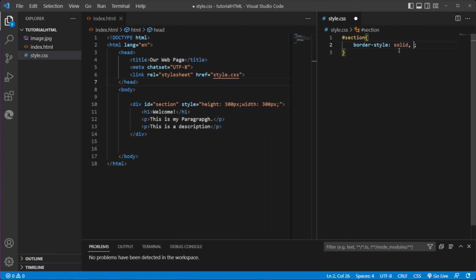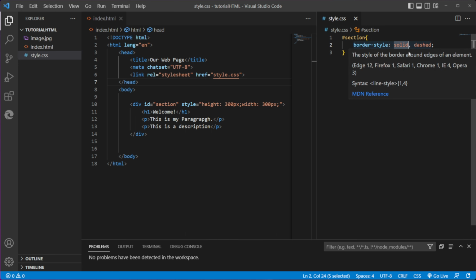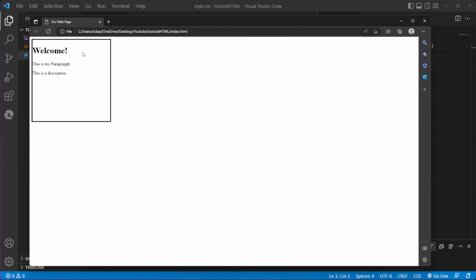So we can have solid, then let's say we have dashed. The way this works is the very first one will be the top, and then the second one will be the right hand side. Now if we only specify two of them, this would be the top and bottom, and this would be the sides. So if we go to our page now,